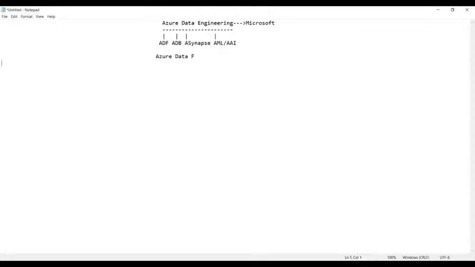Under this, we have ADF as a service. ADF stands for Azure Data Factory. Now what is Azure Data Factory?